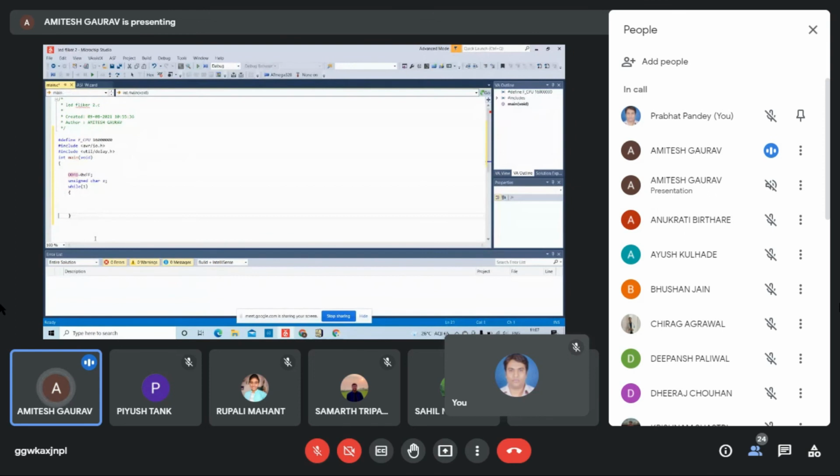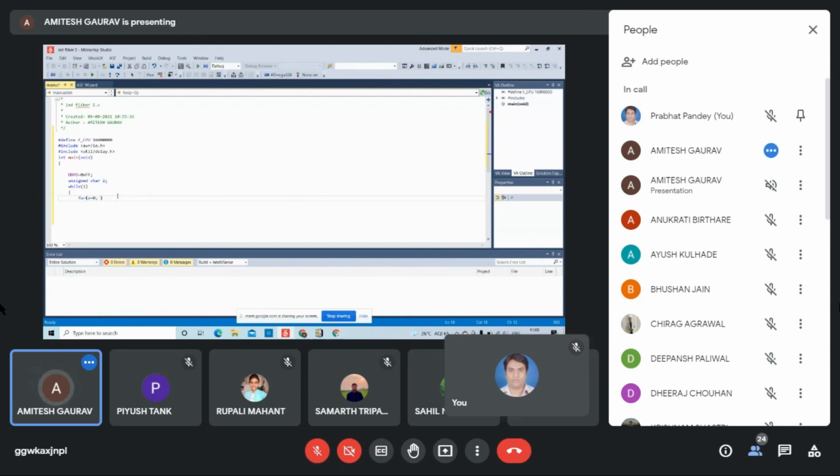After creating the while loop, we have to define how the LED should glow. For that, we will create a for loop, or any loop you want. In the for loop, we will first initialize the variable. The variable I have chosen is z. So z will be initialized to 0. So the first value is 0.